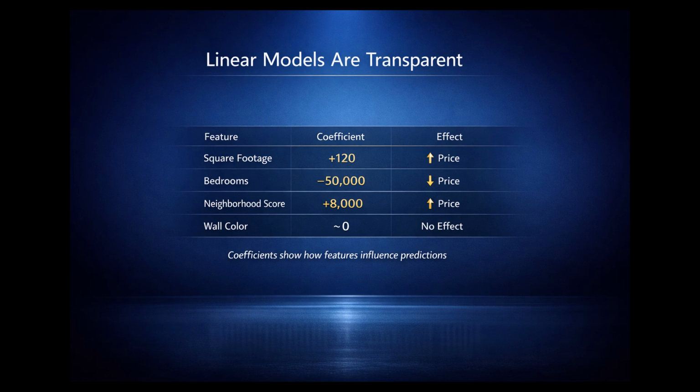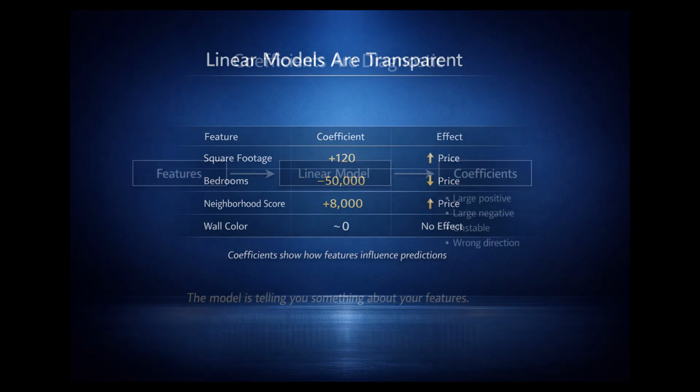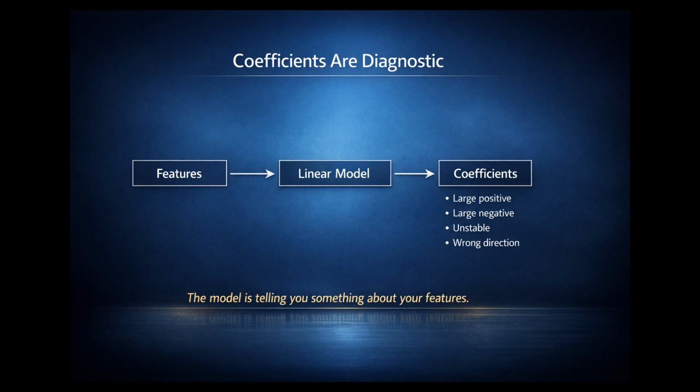A large positive coefficient pushes predictions up. A large negative coefficient pulls them down. A coefficient near zero means the feature is contributing almost nothing. This transparency is not just convenient, it is diagnostic. When coefficients are unstable, extreme, or pointing in the wrong direction, the model is telling you something important about the